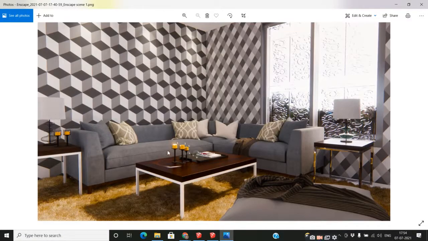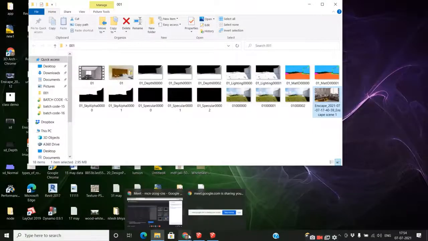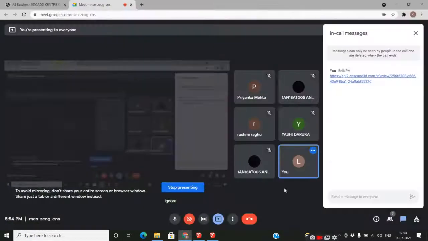Look at the view. This one is the view. I'm using over here a bump map. Put the reflection, there is light, some light over here. Okay,